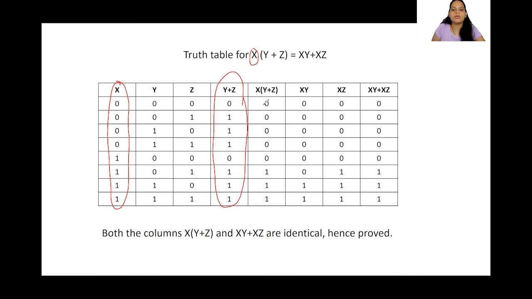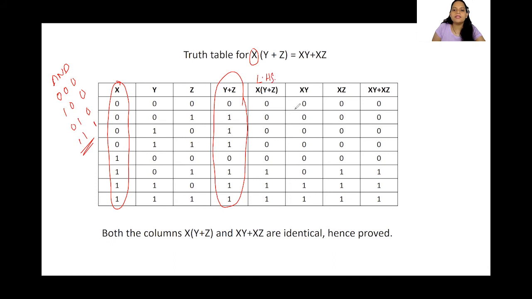Now what is AND operation? How do we get it? 0, 0 becomes 0; 0, 1 becomes 0; 1, 0 becomes 0; 1, 1 becomes 1. I hope you remember the truth table for AND operation. It says whenever there is either 1, 0 also in the input, we will get 0. It has to have both the inputs 1 only, then we will get an output 1. So this is nothing but my left hand side.